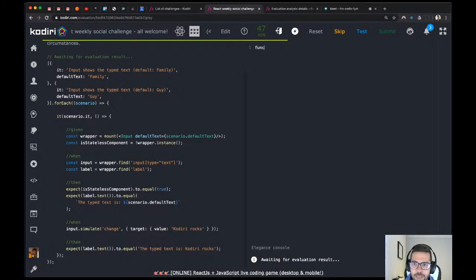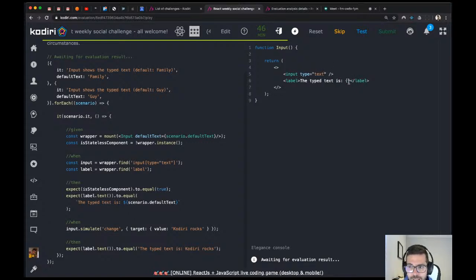So first of all, let me type the function name, function input. And then what else? I'm gonna return. I'm not sure about any usage of hooks or anything like that, but for now, let me focus on the HTML part because I think that's relatively simple. So we've got a couple of things, right? We've got an input, first of all. The order doesn't matter, guys. You can put the label on top of the input or maybe at the bottom underneath. That's up to you, right? Type text, and then I go to label, and the label will say something like the type text is